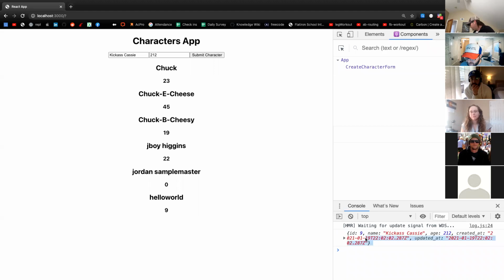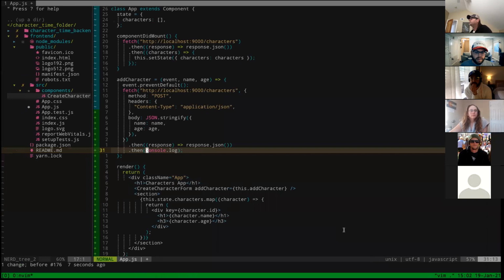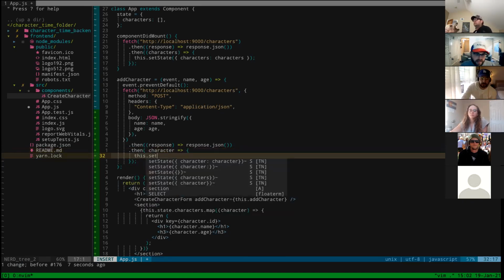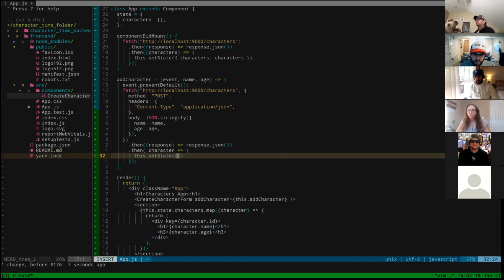And now that I made this, if we look at all the stuff that comes back, I should be able to just on the front end take whatever comes back here and add it. So what I could do is just in the .then, because that's what's coming out of this console.log, right? So what I could do here is go ahead and say, for the character that comes back, what do we want to do? We want to this.setState, and now our characters